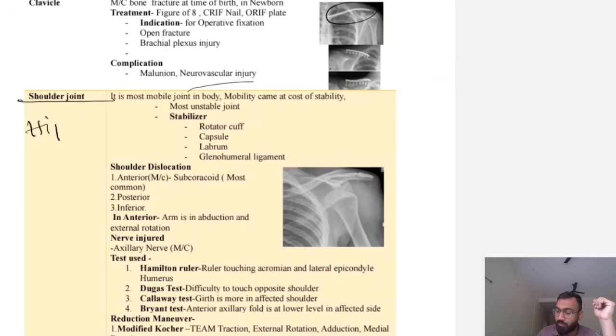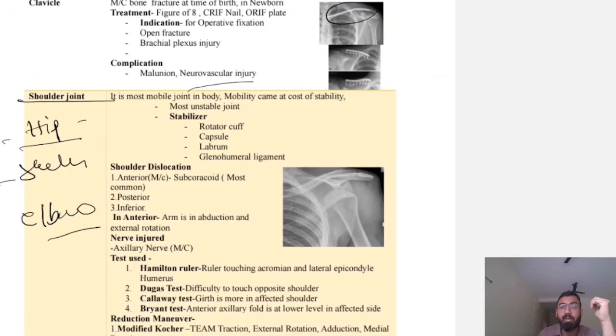Let's assume hip joint and shoulder joint. There are two joints, elbow joint. Let's assume. You can see in hip joint there is restricted movement. You can't rotate around the hip joint. You can't rotate your femur, but you can rotate the shoulder joint. You can do abduction. You can do over abduction. You can touch behind also. You can do flexion, extension. You can do all the movements at the shoulder joint. But you can't do all the movements in the hip joint.